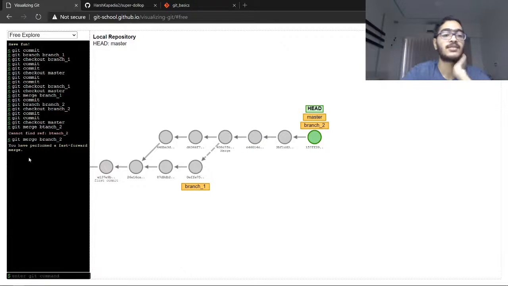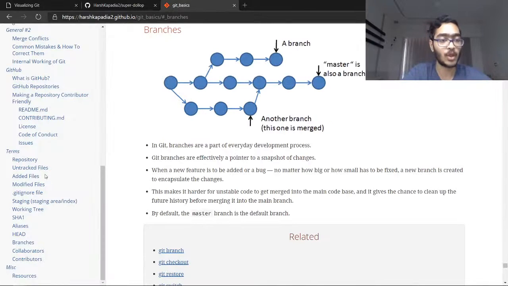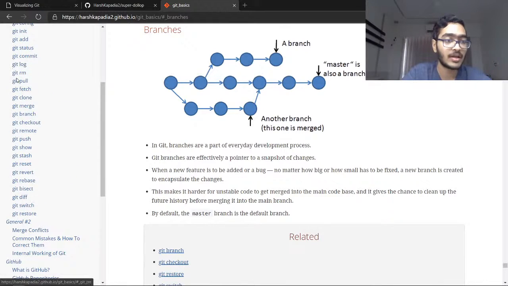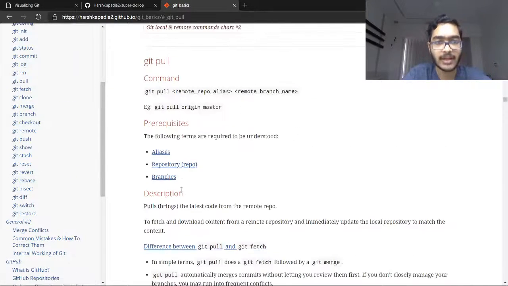See, logically Git understood that it did not need to make a new merge. It just needed to shift master to this commit. And you can see here as well, it's written that you have performed a fast forward merge. So Git understands things like this, and a good way to show it to you, if you've still not understood it, is